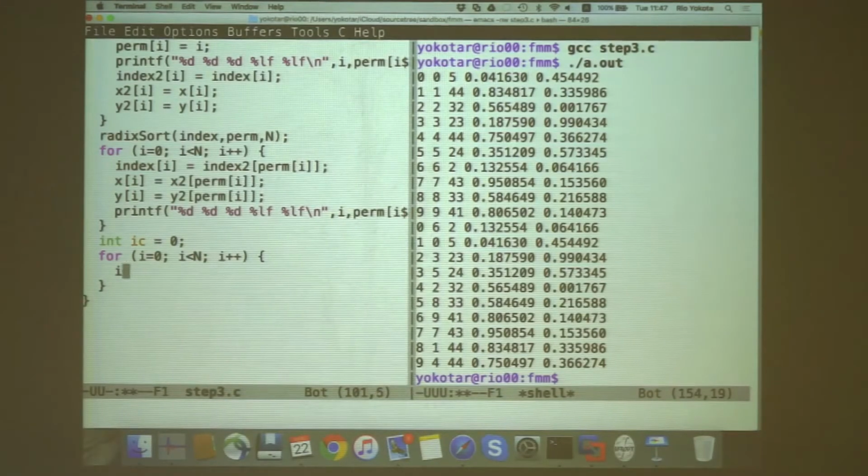So if this counter is not equal to the current index, and since the index is in order, while it's the same, it will not call this part of the function. But if it isn't, then